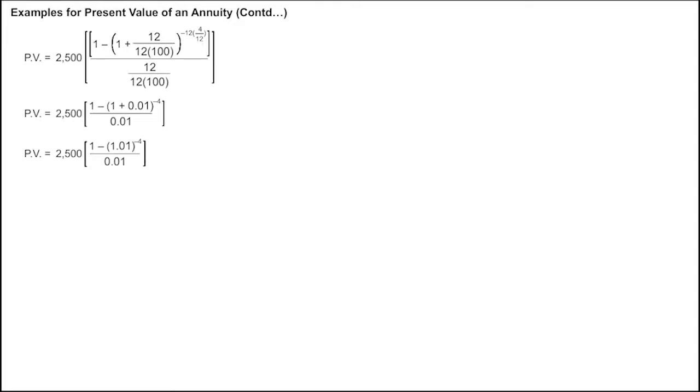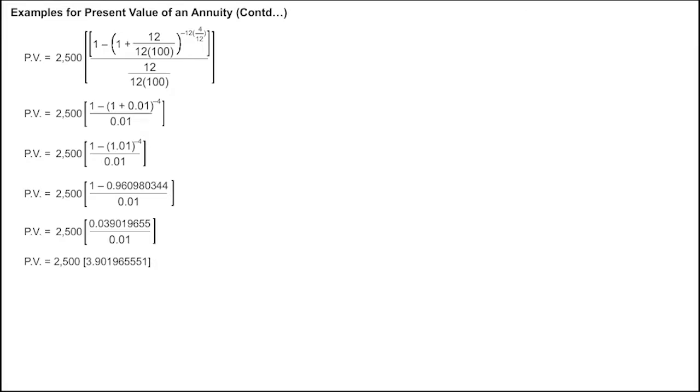So when we put the value of this in the equation, we get present value equal to 2500 multiplied by 1 minus 0.960980344 divided by 0.01, which will be equal to 2500 into 0.039019655 divided by 0.01, which gives us 2500 into 3.9019655551, and the final answer